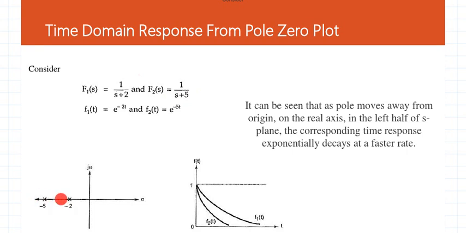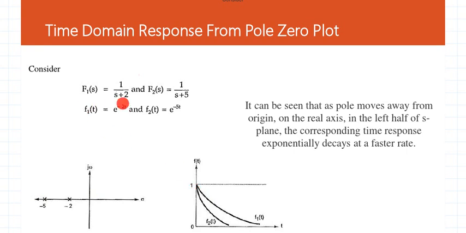When there are two poles on the left half of the S-plane, definitely it results in a stable system. Then what is the effect of these poles? One pole is closer to the j omega axis, and one pole is away from the j omega axis. As the poles move away, what is the effect on the time domain response is our concern. So let us plot each of the time domain responses.